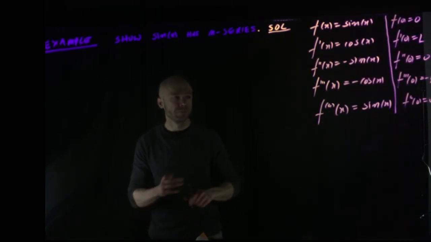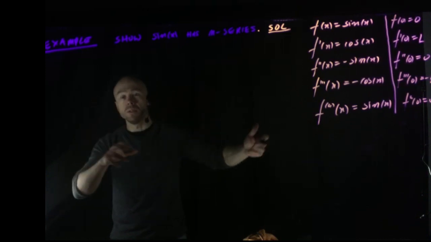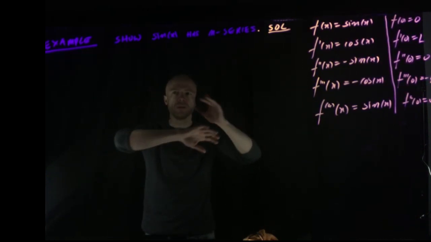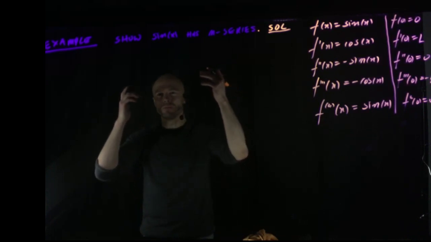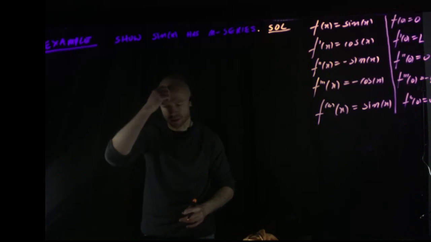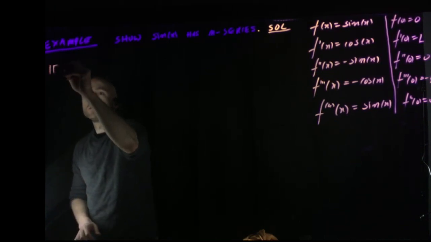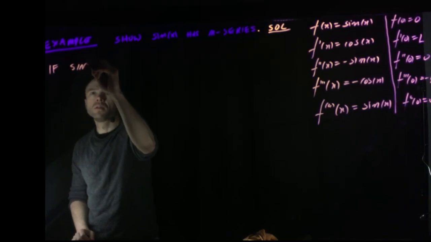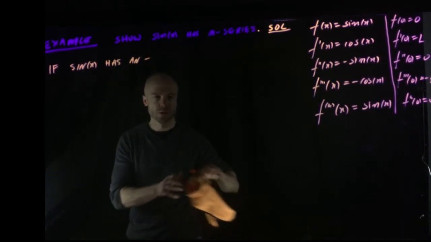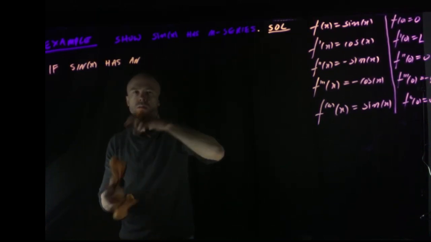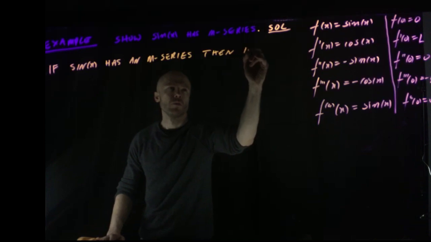Okay, and we can actually write down the series that would be the Maclaurin series if we knew that the function had a Maclaurin series just from doing this. But first, let us check that it actually does have a Maclaurin series. Or perhaps we should actually first write it down. Since we just did this work, actually let's first write it down. So if sine of x had an M series, then it would be